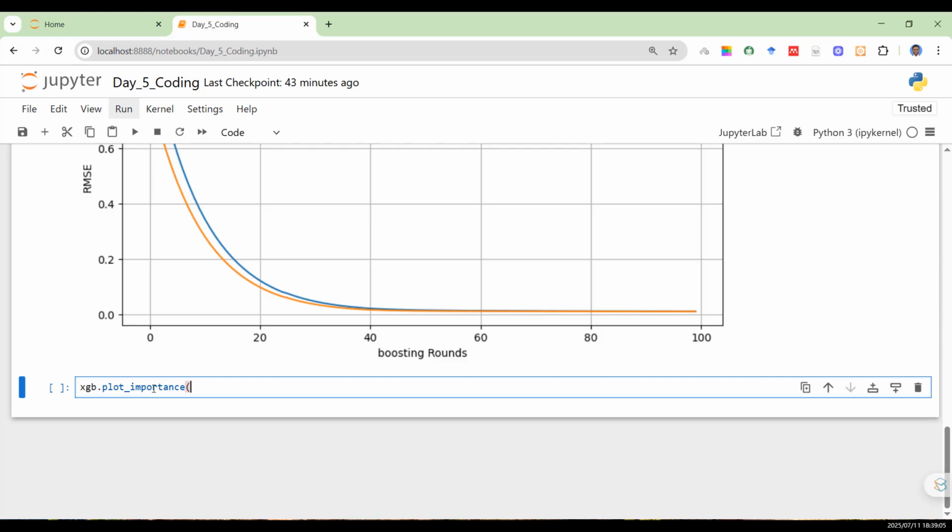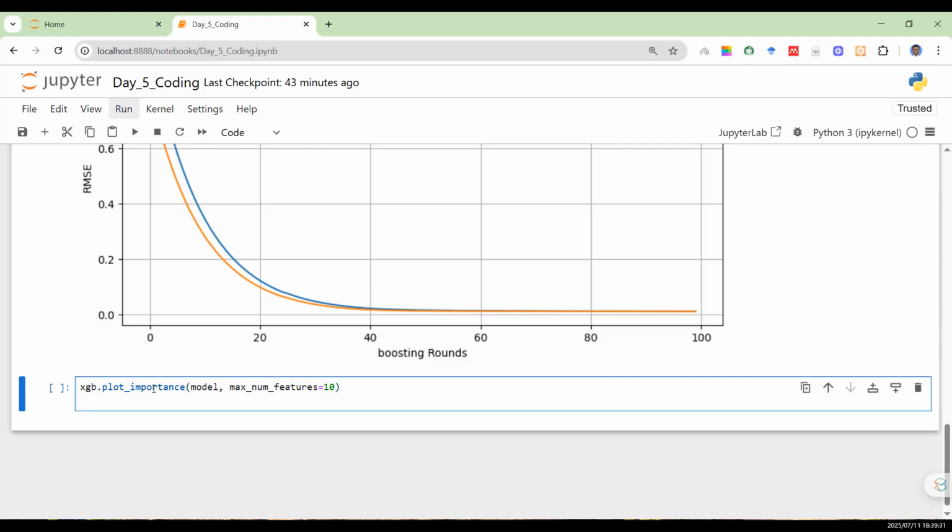Okay, so this is an inbuilt function from XGBoost. We're going to say model, comma, max number of features. So what is the max_num_features equals to 10? Okay, right, so this is a straight line code, and then all we need to do